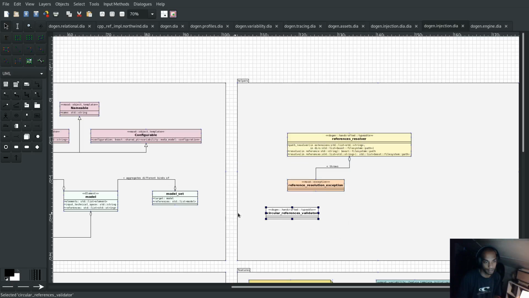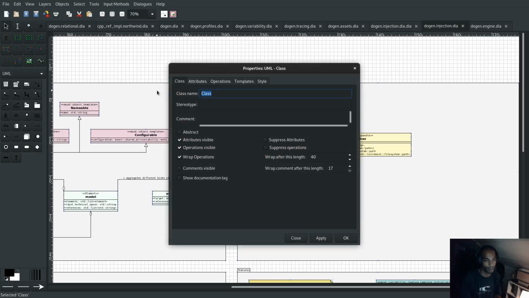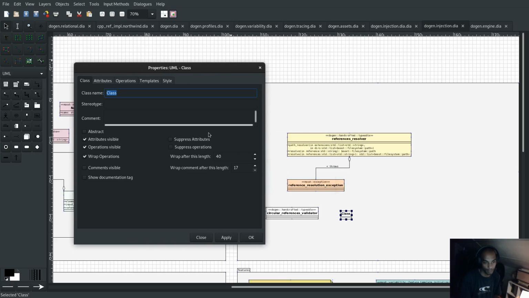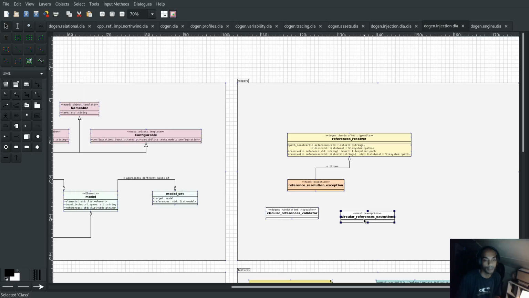And you will need some kind of exception, which could be something like circular references exception, and this will be generated. Cycle was detected in the references graph. Okay, so